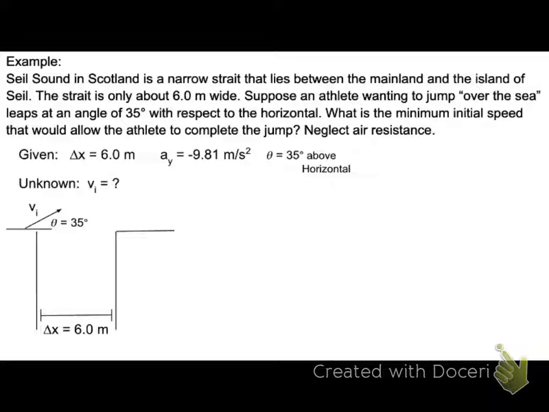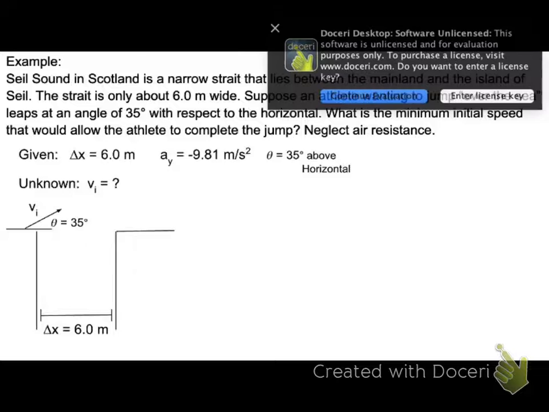All right, this problem requires several levels of thinking, okay? Because there's a couple of variables that we're not given, right? So, for example, we are not given the value of time, right? And since we know that our initial velocity y isn't 0, we can't just solve for time, right? So we have to think about the shape, that parabolic motion, and remember how we talked about the very top of that motion, when we are at the very top of our arc,